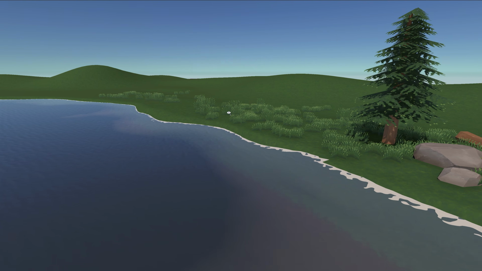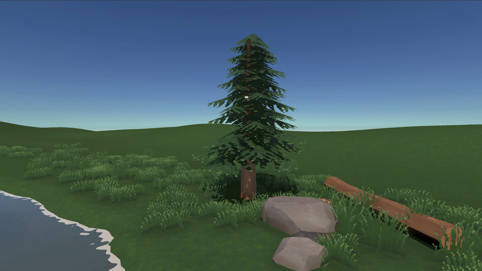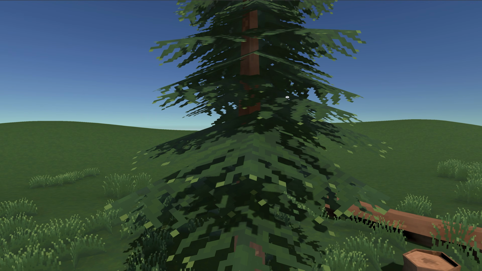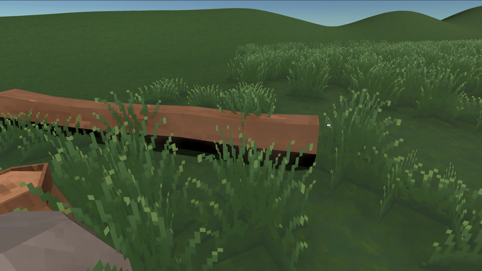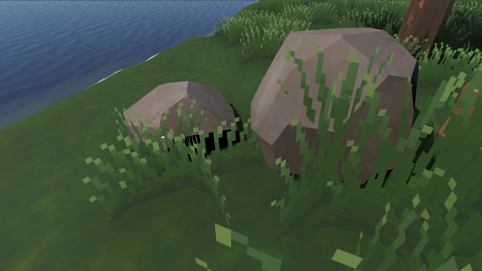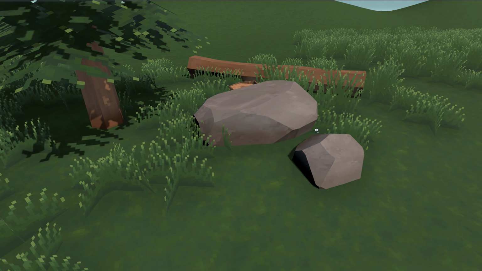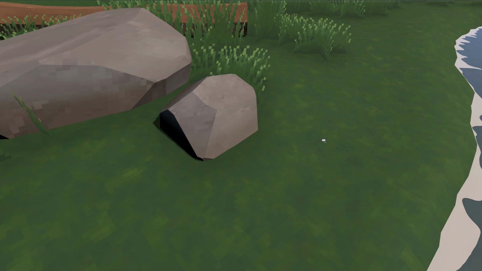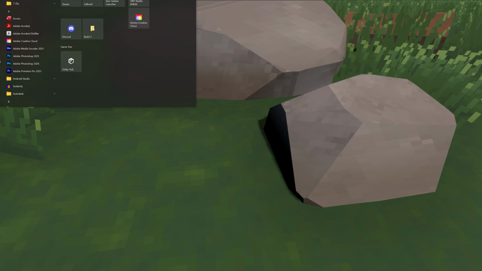Okay, welcome back, gamers. As you can see, I've created some things for the level. I've got this tree, which is pretty cool. Got a log, I've got a stump, and some rocks, which are from some other games that I've made. It's not a new model, but it's a new texture, which I created again with